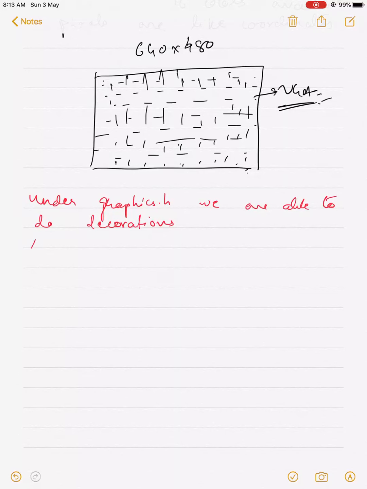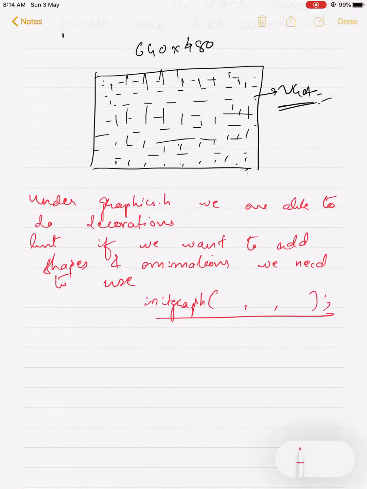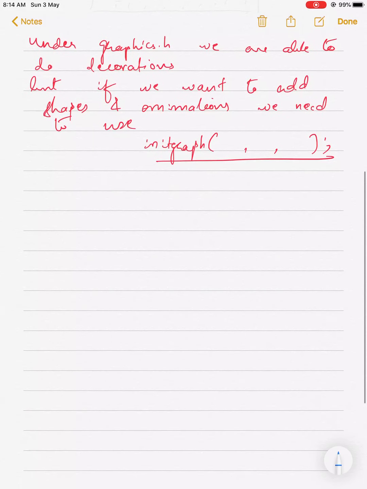But if we want to add shapes and animations, we need to use initializing graphics system. This we have seen in the last class. So I'll discuss one more time.